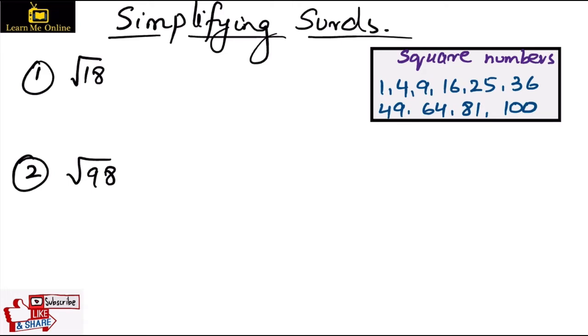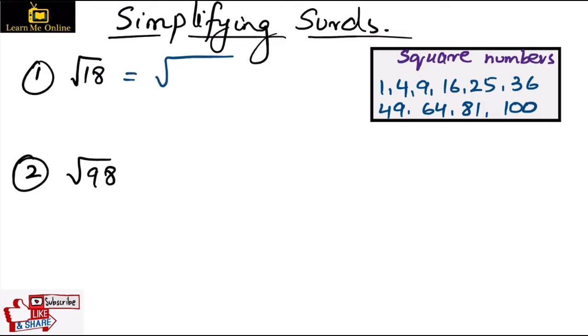The simplification of a surd number is mainly based on the square numbers. So I've written down the square numbers on the side, which are 1, 4, 9, 16, 25, 36, 49, 64, 81 and 100. To simplify any surd number, we try to split it into a multiple of